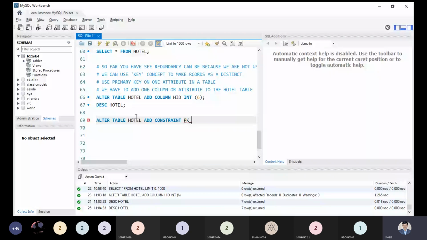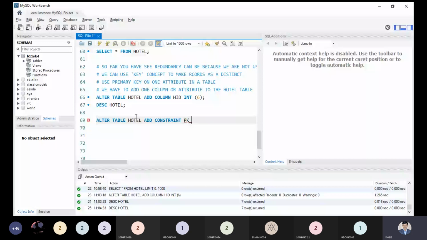That is the point you have to keep in mind from here. Defining constraints on different tools may vary, because the constraint sometimes depends on the database compiler. So in MySQL, how do we define the constraint so that our information is a primary key? Alter table name, add constraint, primary key, where PK stands for primary key. You can use any name, for example just a name and HID. It's optional, whatever you want to use.